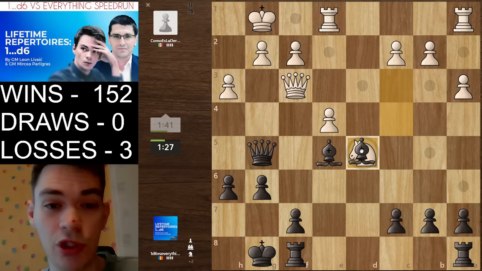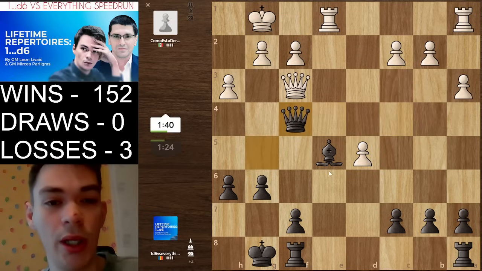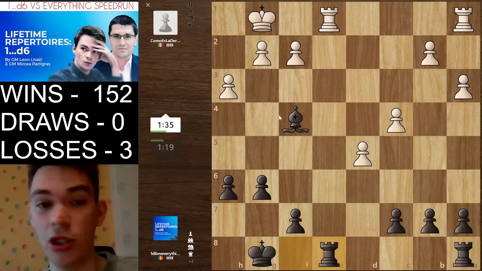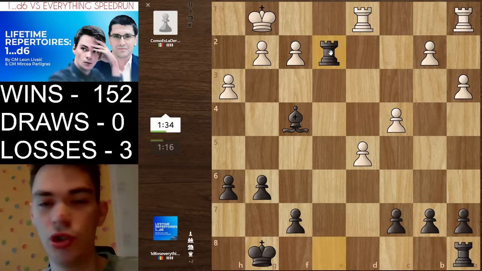I guess the simplest way is just to take and go queen to f4, trade off this or threaten queen h2, and when it gets traded off, the rest should be relatively easy because we have a bishop and they don't. Let's go rook e2